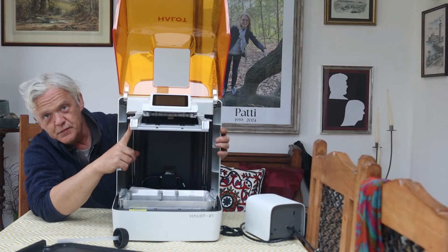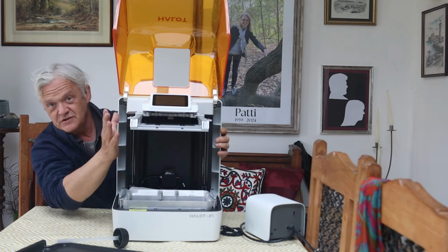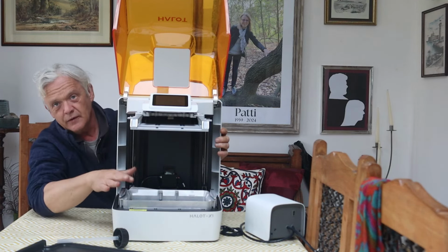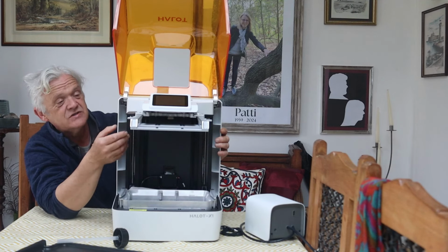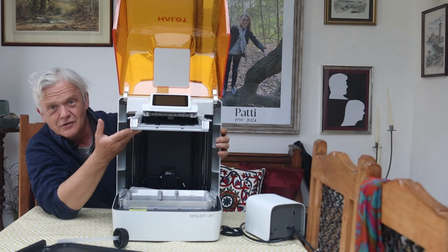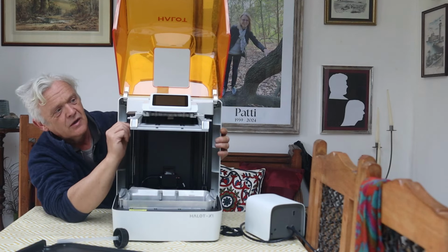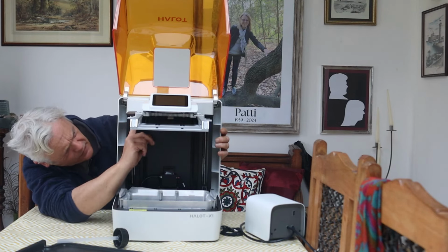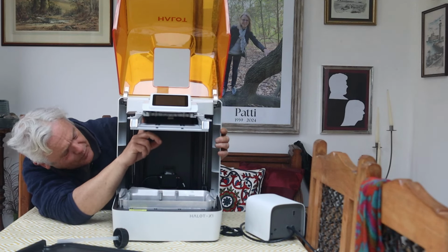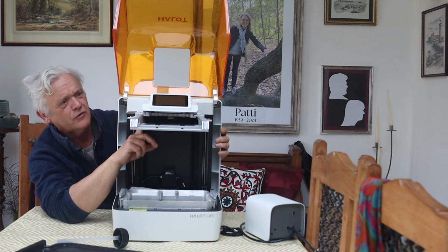This bit is the actual build plate itself. In traditional machines, that's usually the bit that moves. This bit is held stably in here while this bit moves, and of course what that means is there's no levelling. You don't have to level it or anything like that because it's part of the machine, and the arm is a beautiful die-cast material. Yeah, it looks like die-cast magnesium actually, because it's a big chunky bit of metal up there holding everything